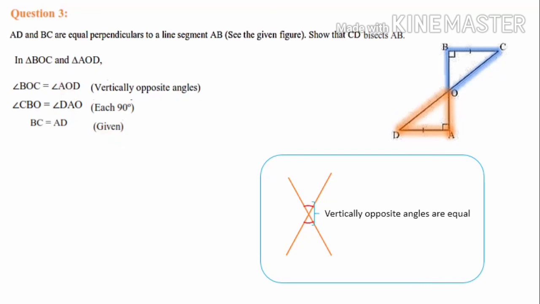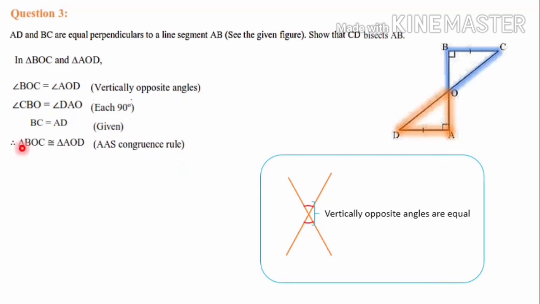Then here we have two angles and one side. Two angles and one side we did not study as a criterion, but two angles and the included side we have studied. But here the side is not included, the side is outside. So it is not a problem. If two angles are equal, automatically the third angle also will be equal, because by using the angle sum property we can calculate the third angle and prove that the third angle also will be equal. So even though the side is outside, it is not a problem. By using AAS congruence rule, angle angle side, here the side is not included, but of course we can take the AAS congruence rule.